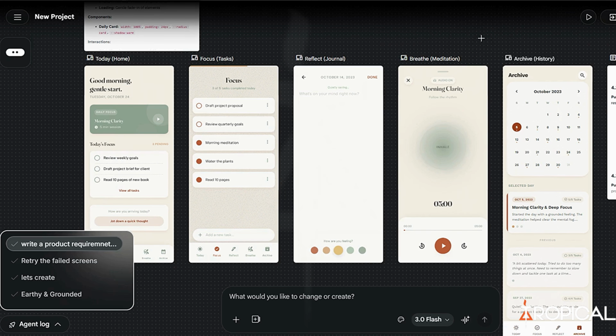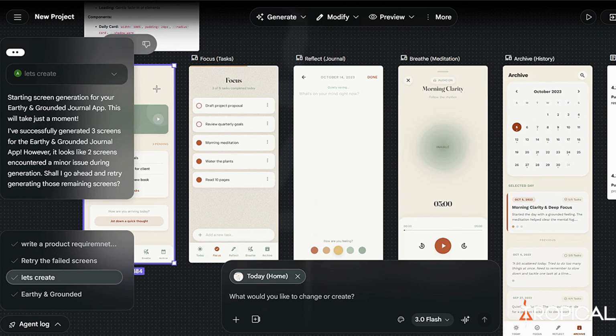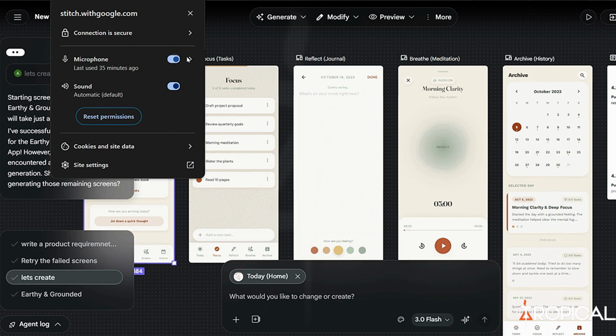Now all of these look good to me, but I want to change the visual appeal of this application. Maybe I want to change the home button, and I want to change the background to maybe an image or maybe a color, something like that. So for this, I don't want to write the things. I want the AI to actually see what's on the screen and help me ideate through the process and generate something that would be visually appealing. So for this, we have a second update that Google has launched, that is a voice agent. To access the voice agent, just go to right here, and it would say start live mode. So allow it your microphone, and